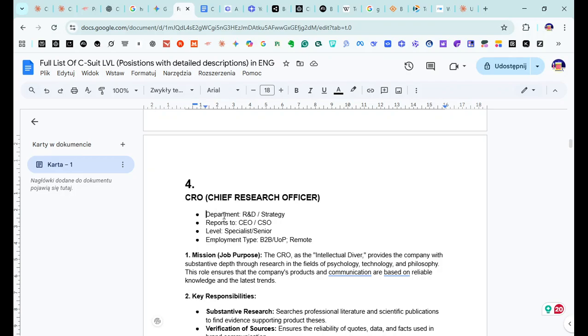Yeah, so there are different departments, there are different sectors. It's complicated. I think we should develop it with AI further, right?